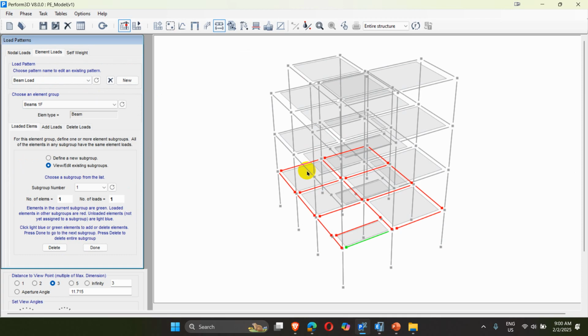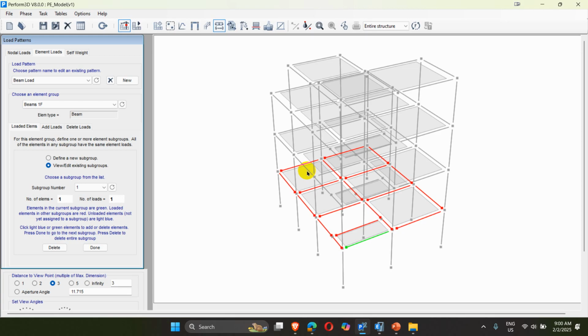Generally in PERFORM 3D, element load includes the area load of the slab or gravity load, which can be applied in the form of live load or dead load in the slab, and the dead load of the beam itself, as well as